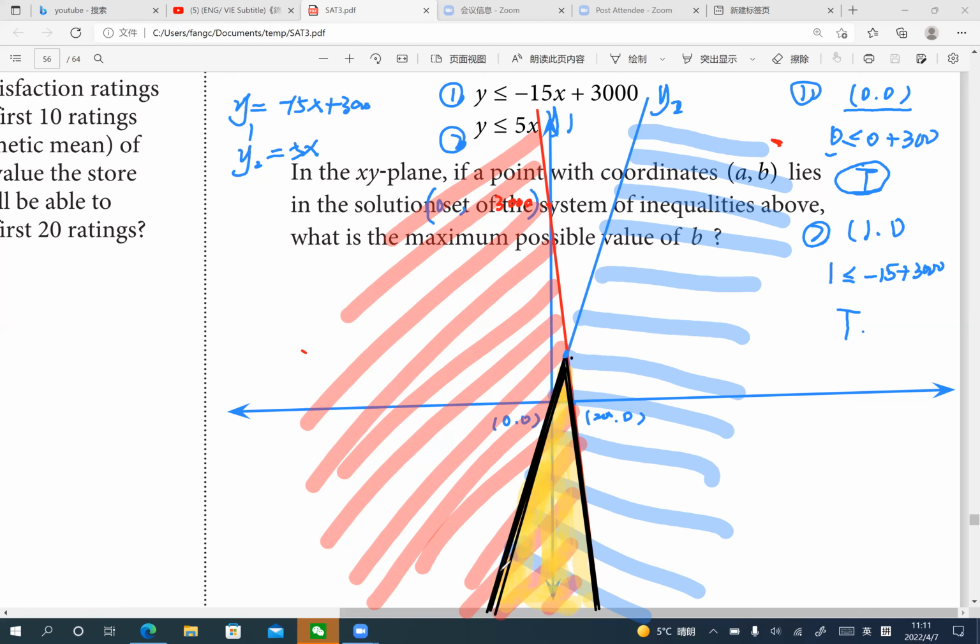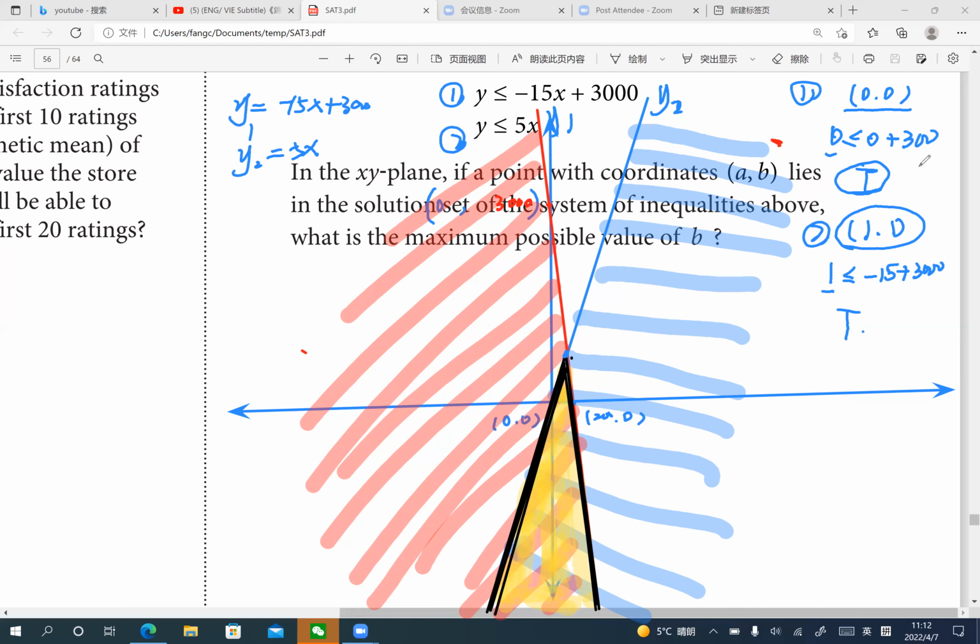We still need to choose a point to test it. We need to choose a point not on the boundary line, so we can't choose the origin. Normally, the origin is a good choice, but in this case, we need to choose a point not on the line. So we choose 1 and 1. After we input 1 and 1 into the inequality, we get 1 is less than or equal to